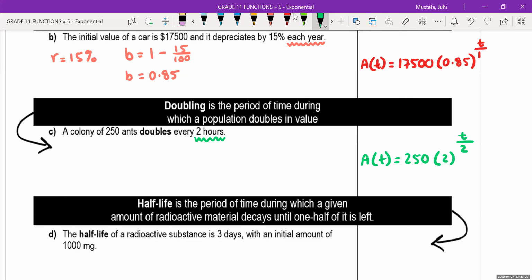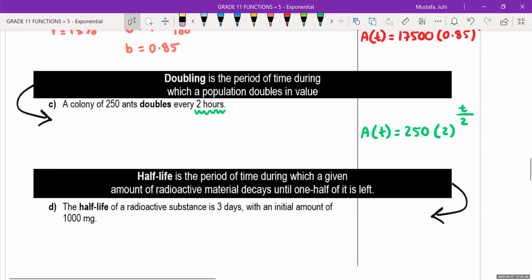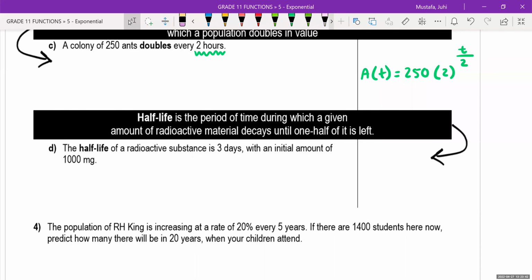Okay, go ahead and try the last one. Knowing that half-life means your b value will always be a half. T is equal to,